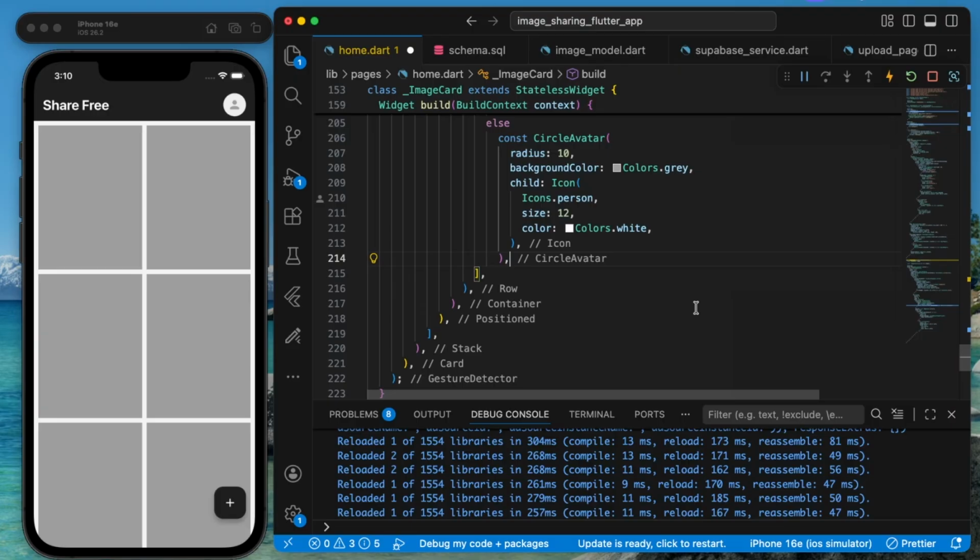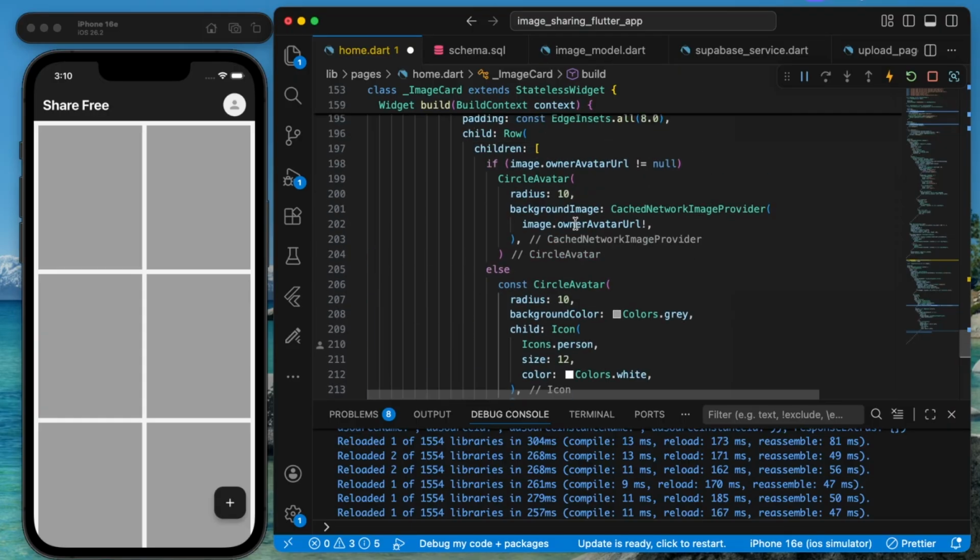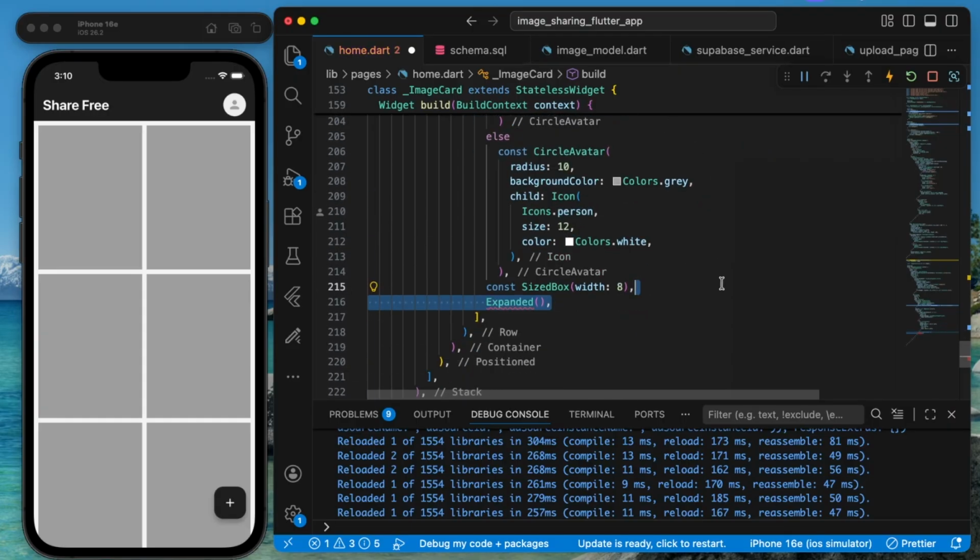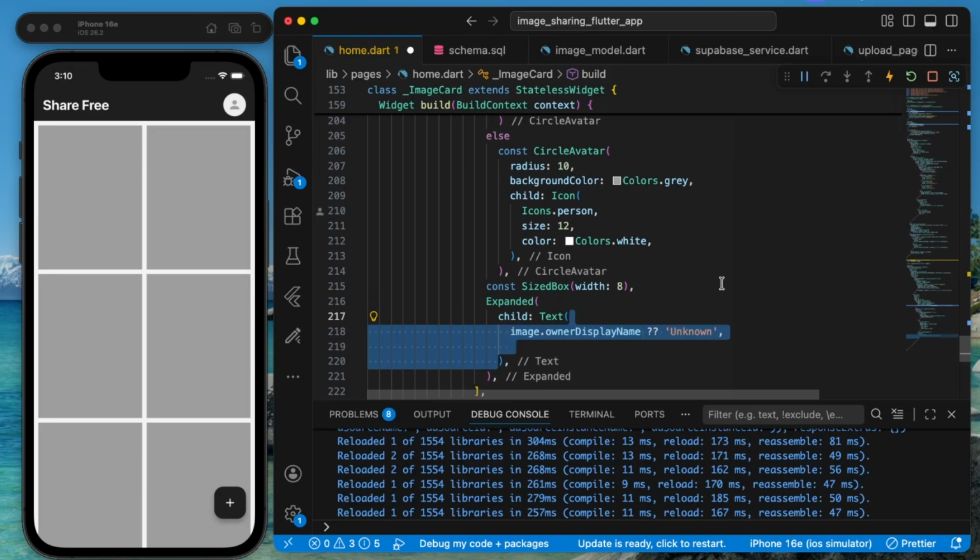After this, we'll be having a SizedBox of width 8. This is inside our Row. After this, we'll be having an Expanded widget with a child Text. The text will be image.owner.displayName. All this is from our image model, and if the display name is not present, we'll just set it to "Unknown"